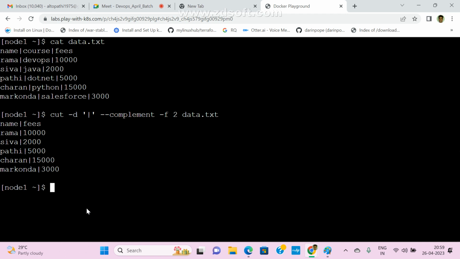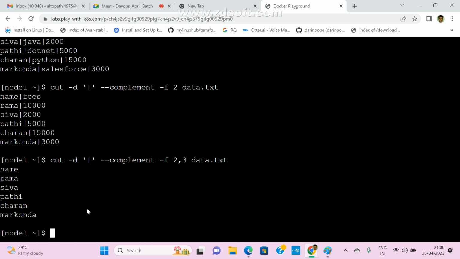Suppose you want to skip two columns. In that case we can give 2 comma 1, or if we have multiple columns we can pass like this also. I don't want the second and third columns, only the first column will print. My file has only 3 columns: name column, course column, fees column.